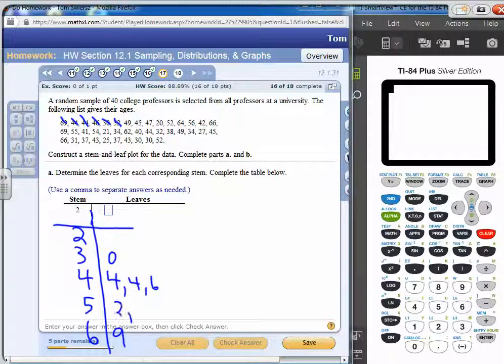52, we have a 2. 49, 45, 47, a 7 next to the 4s. 20, a 0 after the 2, 52, a 2 after the 5, 64, 56, 42, 66, 69, so a 9 after the 6s, 55, a 5 in the 50s, 41, 54,